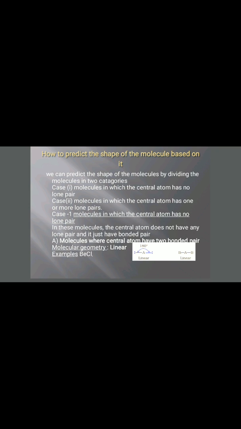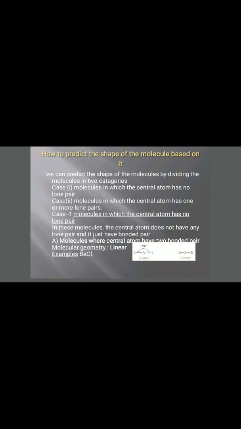Let us start with the first case. In these molecules, the central atom does not have any lone pair and it just has bonded pairs. So, starting with the examples. First example is